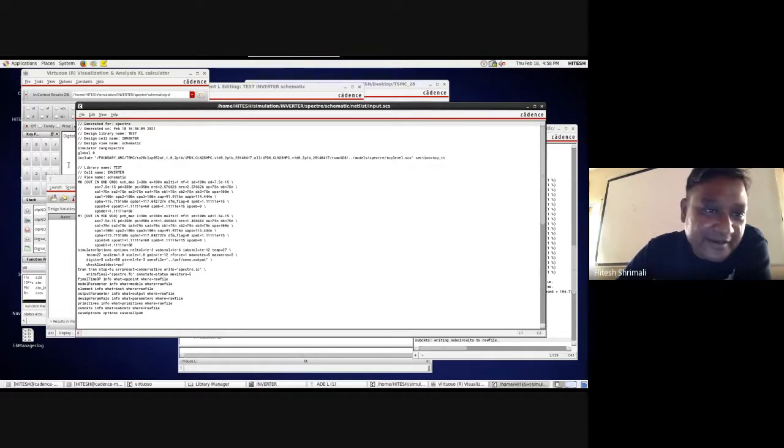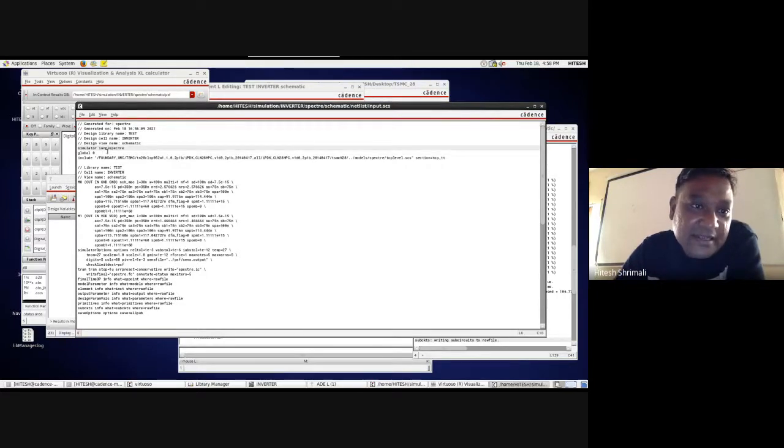And here you can see that the first line of the code is written with simulator lang equal to spectre, which signifies that it's the Spectre simulator. If you are in Eldo, it's going to be different. Global 0 is the ground. And here the include path is written, and the file ending is .scs.